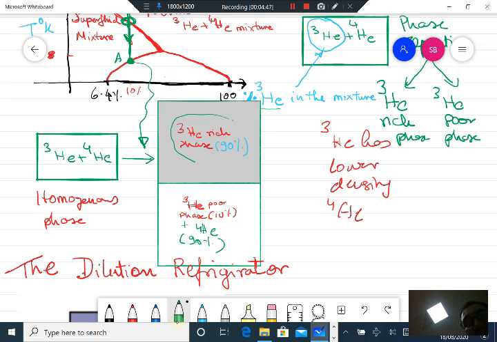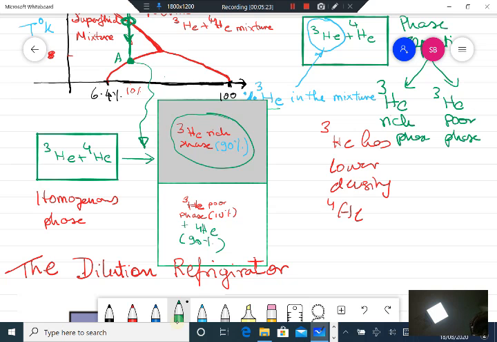So this is a helium-3 rich fluid, where 90% of the helium-3 which was present here has moved out into this helium-3 rich phase, and there is a helium-3 poor phase. So this is the point of phase separation. This is the line along which there is a phase separation. And this is the point which is the most important, which is used for dilution refrigeration and helps us to reach very low temperatures. So once you hit this point A, by cooling the system further and further,